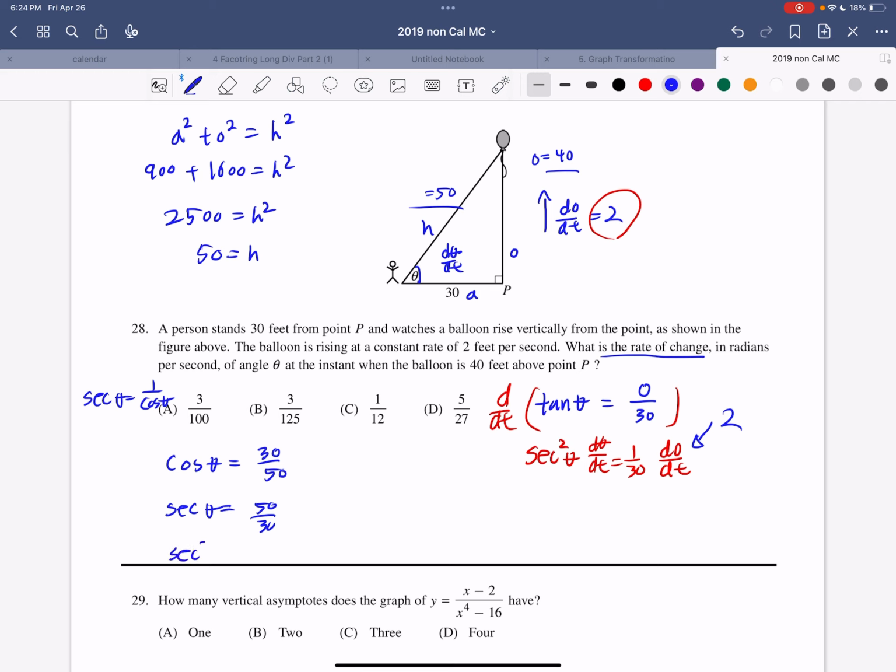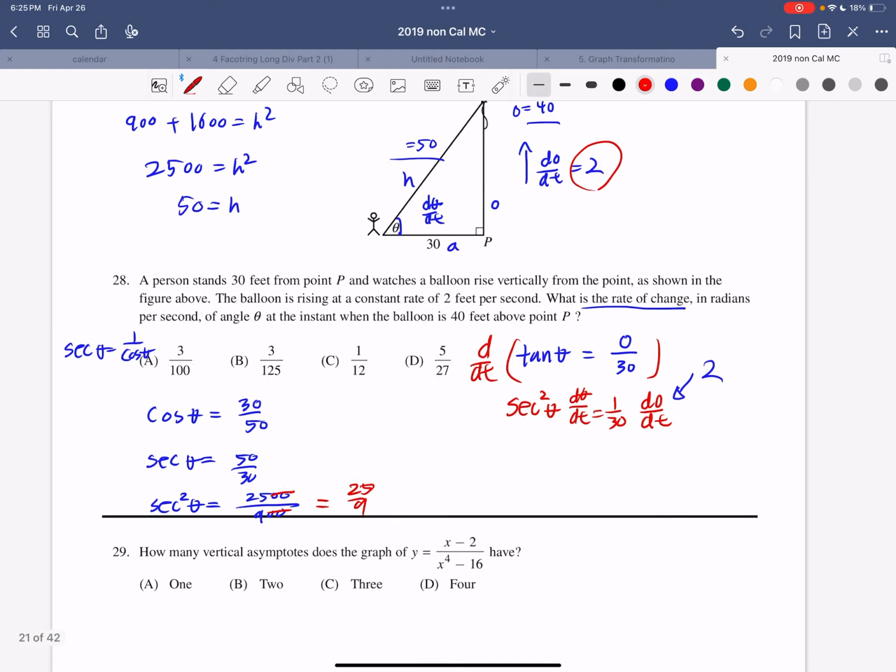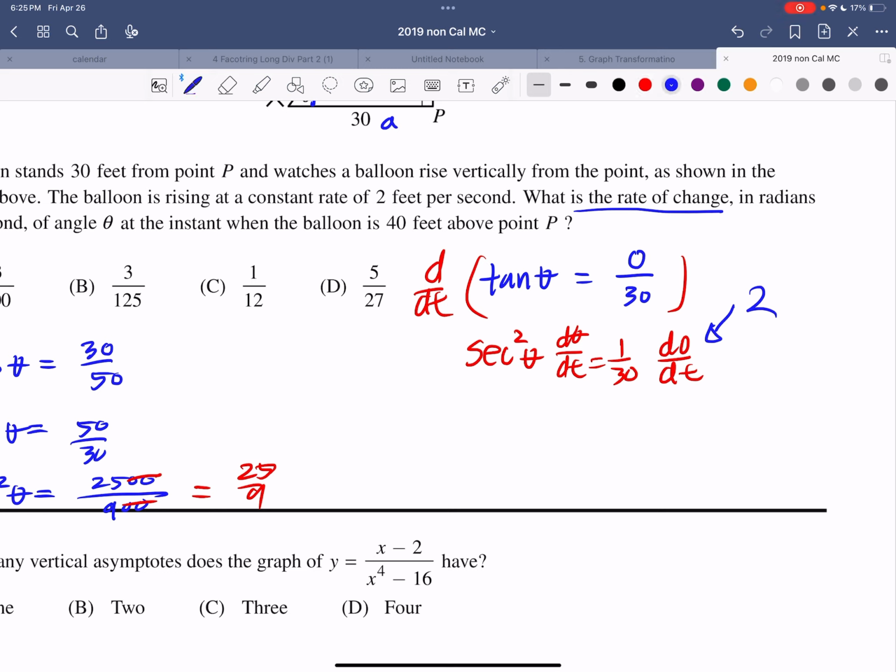And therefore, secant squared theta is equal to, you square it. So it's 2500 over 900. And I'm going to just cancel the 0s. So this one is going to be 25 over 9. So let's plug in everything. Instead of secant squared theta, I'm going to put 25 over 9 dθ/dt equals 1 over 30